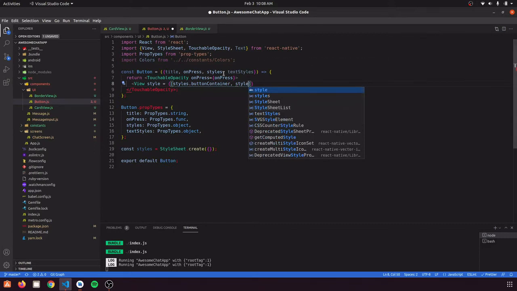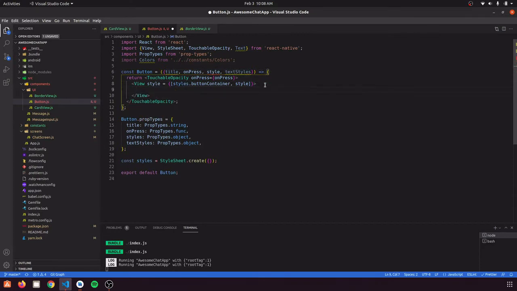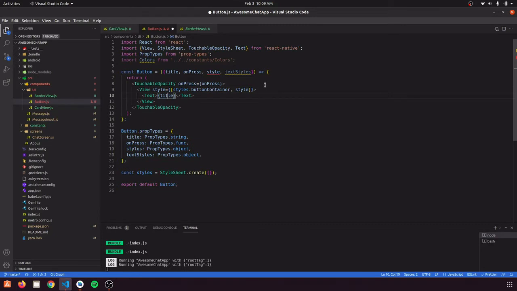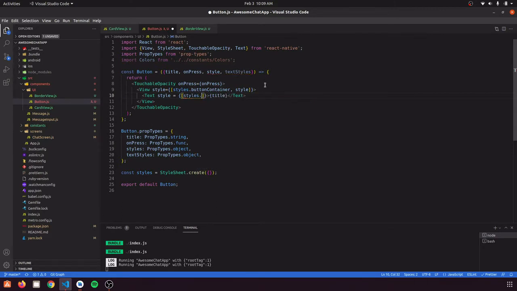So let's name it as style, and inside that we are going to have a text whose title would be the incoming title. And for style we are going to give it a list of styles. So first one would be, let's say, the text style that we are going to define, and the second one would be the incoming text style.